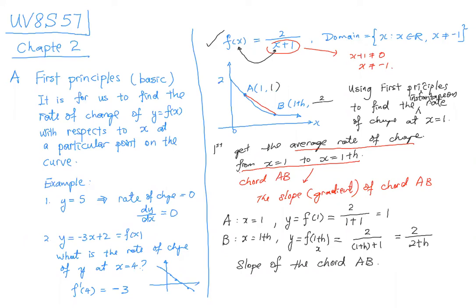If you want to find the slope of a straight line, what do you do? y2 minus y1 over x2 minus x1, am I right? So that means 2 over 2 plus h, take away 1, divided by